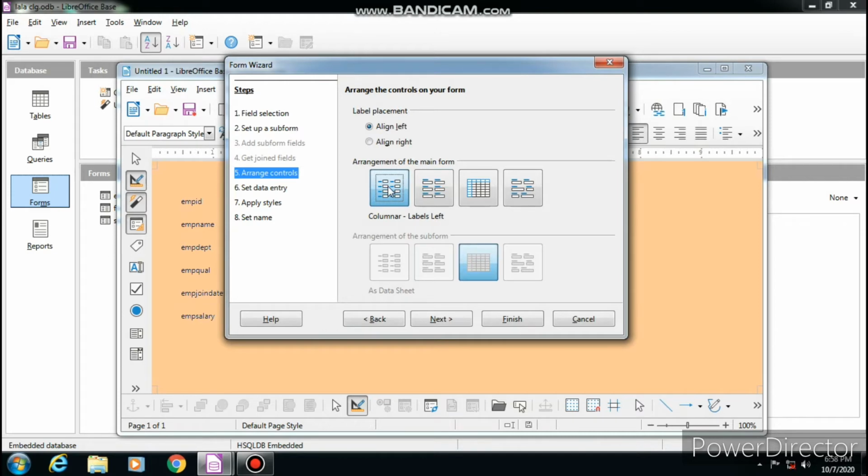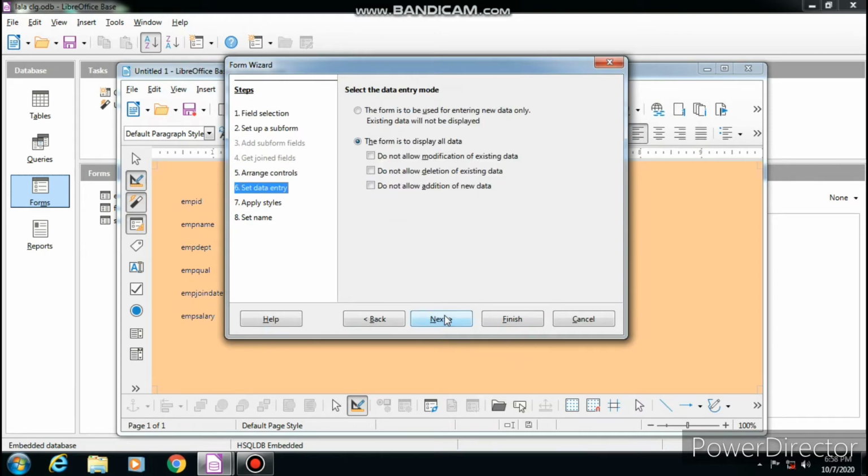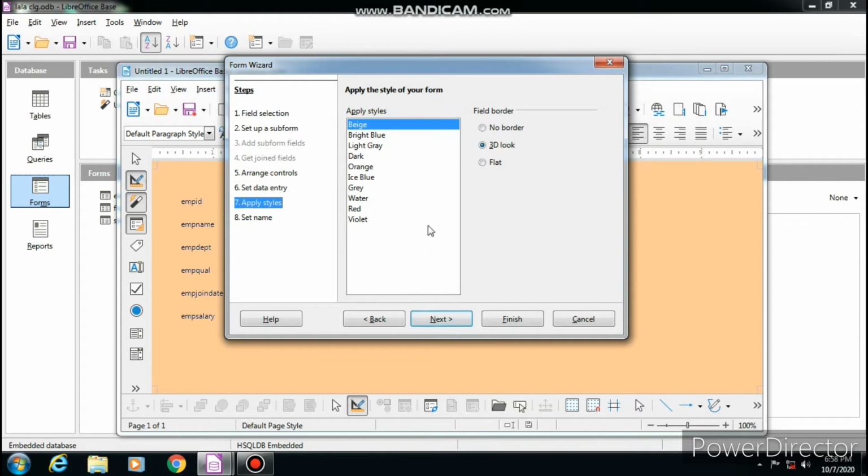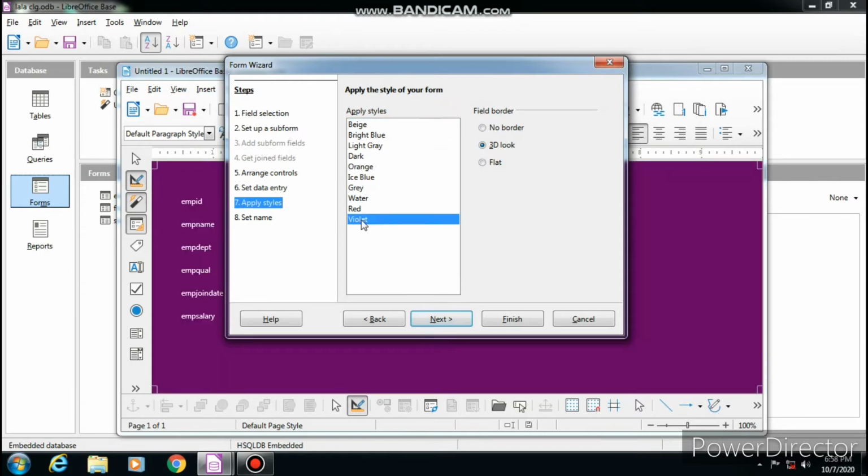Then set data entry, then apply the theme, apply style, means you can select any one style and click on next.